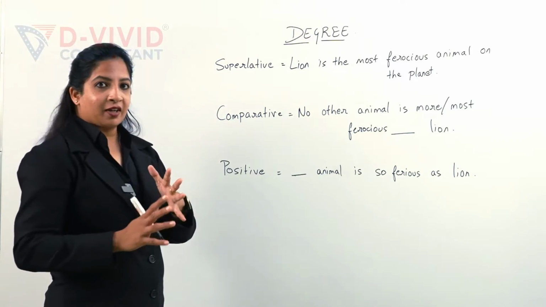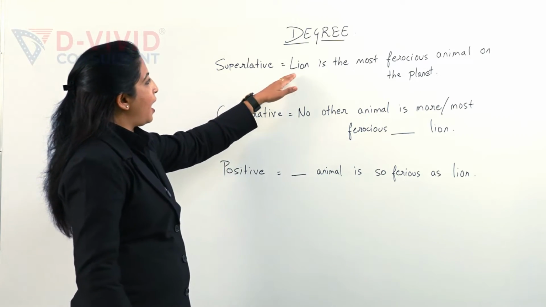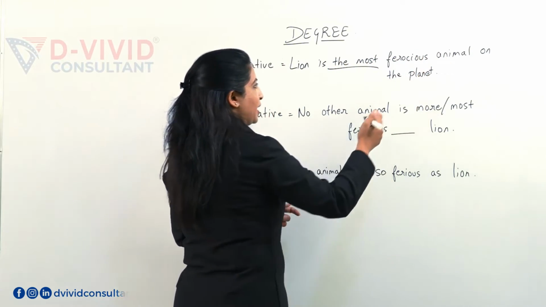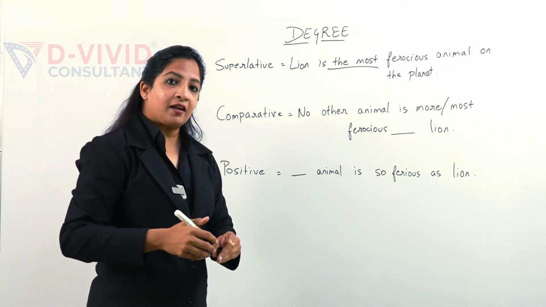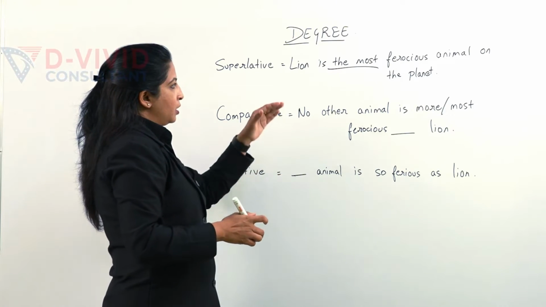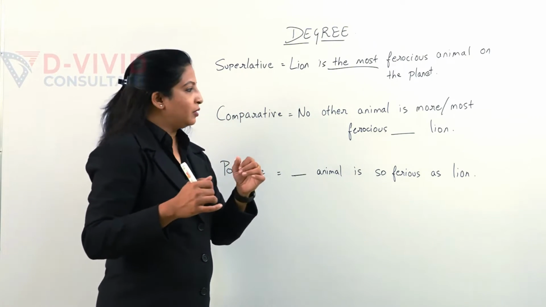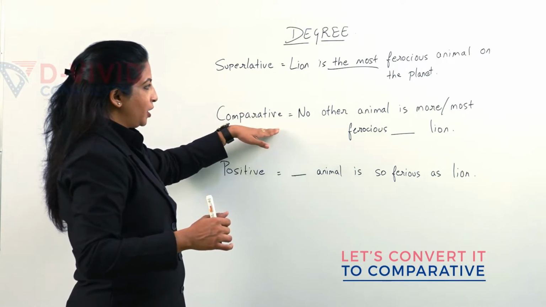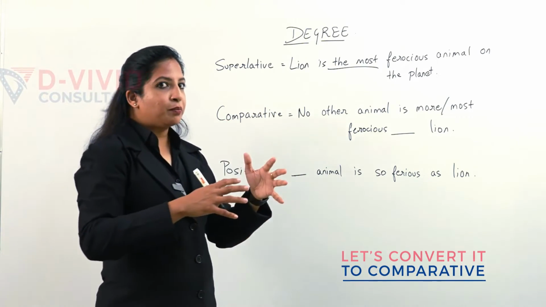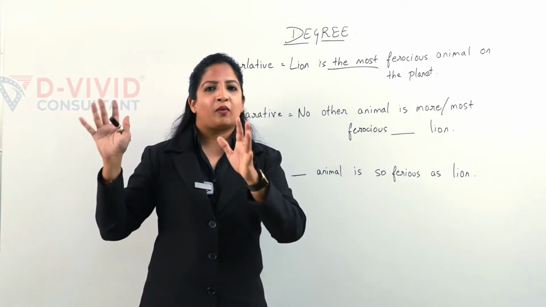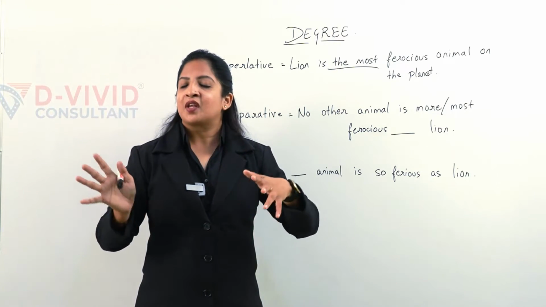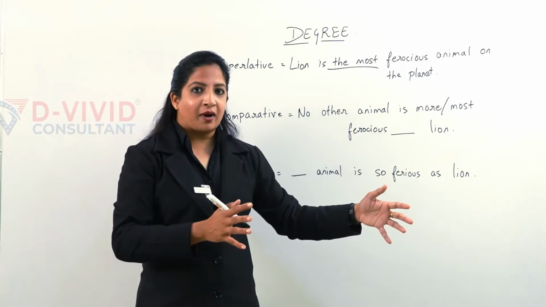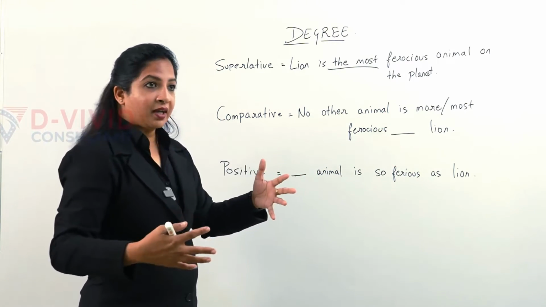This is a superlative degree where it says, "Lion is the most ferocious animal on the planet." Now what if we convert the superlative into comparative? It means we put all the lions, one category, in one basket and all other animals in another basket. So now it becomes